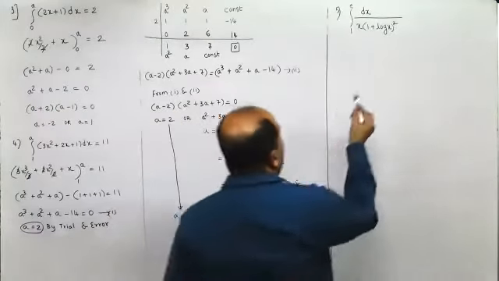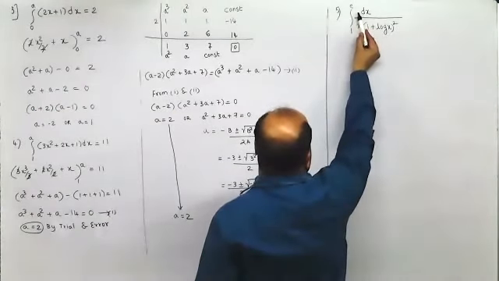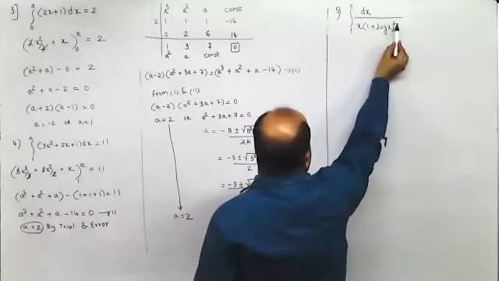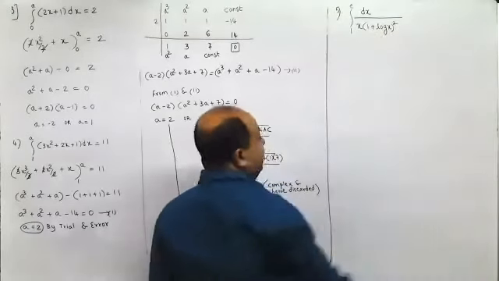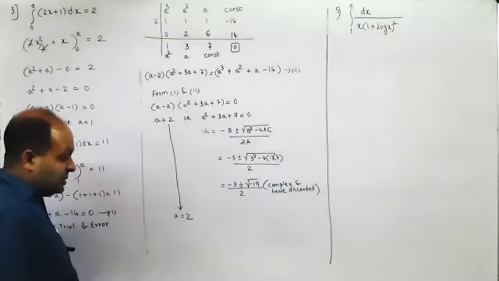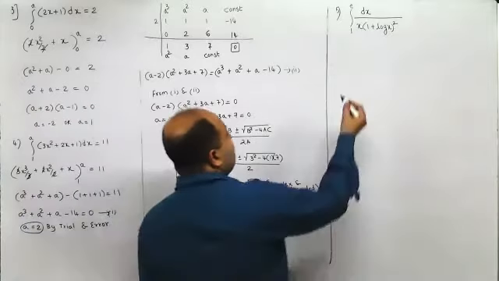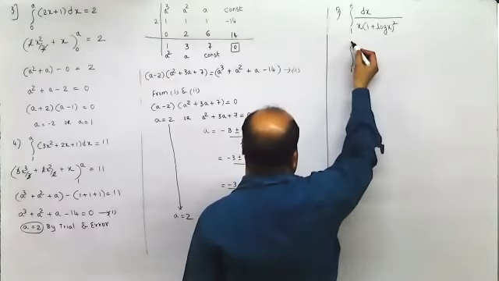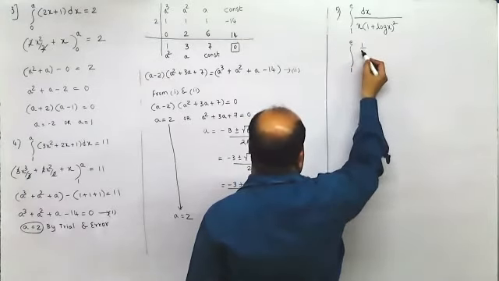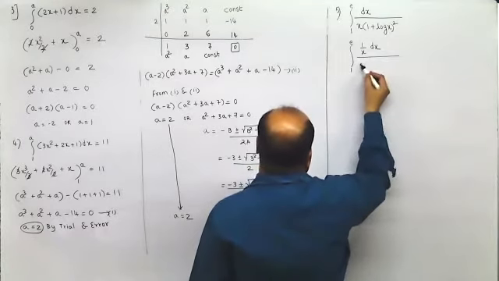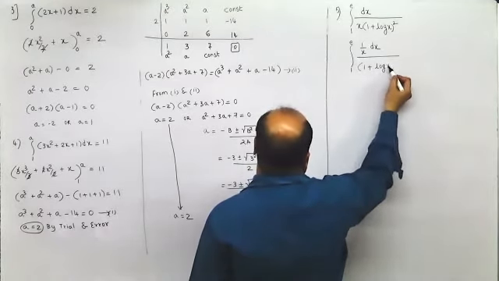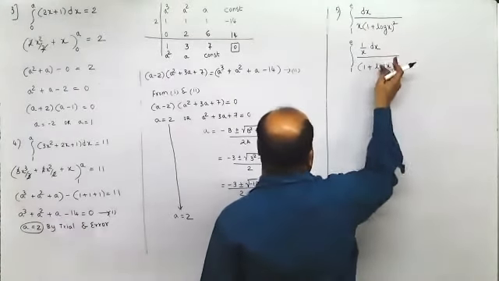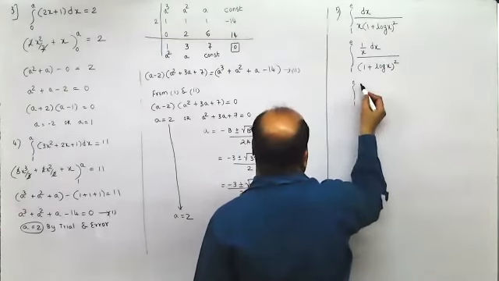Now, what I can do is, or I can divide both numerator and denominator by x. So this would be 1 by x and this would be 1 plus log x the whole square. Then I'll take 1 plus log x as t. Have you followed this? Now, what I'll do is, just to make clear your doubts regarding the substitution part. Ideally, what I would have done is I would have written this as 1 upon x dx. I would have taken this as 1 plus log x the whole square. Now, this when it goes to the numerator, this would become 1 plus log x the whole raised to minus 2.